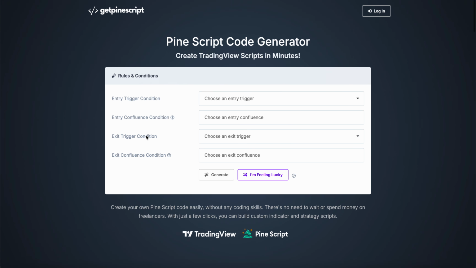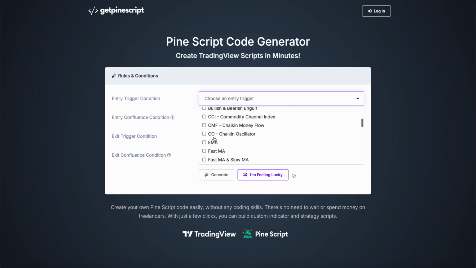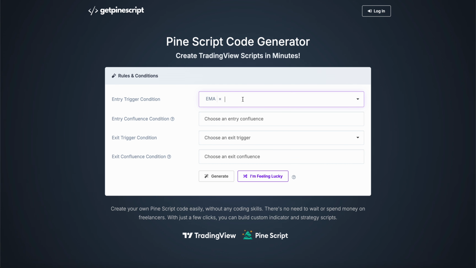So they have a pretty professional website. Here you can set the initial rules and conditions. So you can have an entry trigger condition. So what event is going to occur on the chart or in the price that will cause you to want to enter a buy or sell order. You can pick only one in the entry trigger conditions. So let's say we want to use a moving average. So let's just say an EMA, and like I said, you can only pick one. So this is only going to